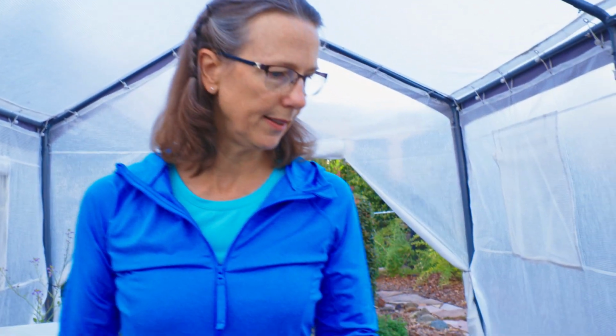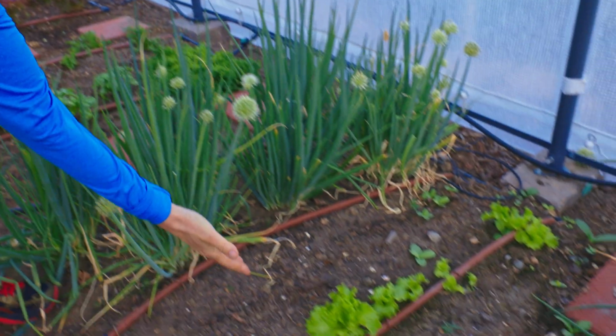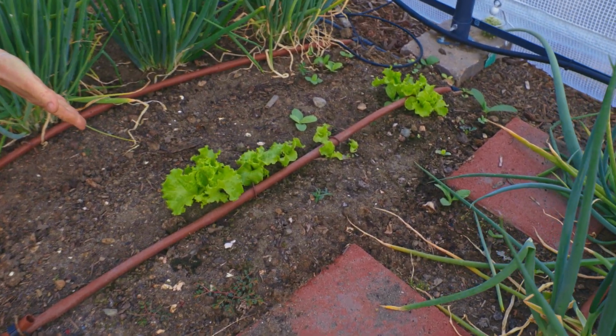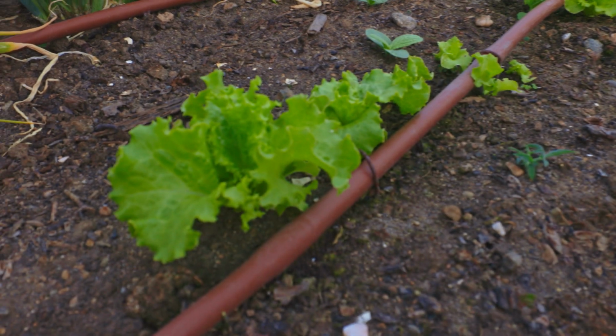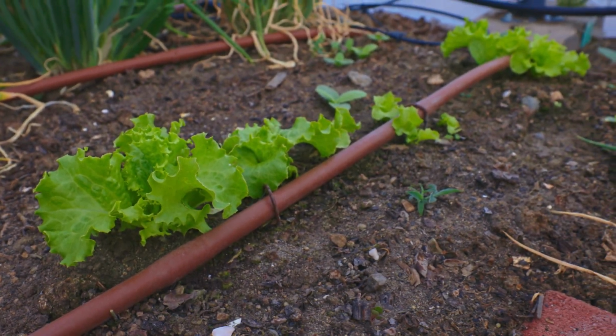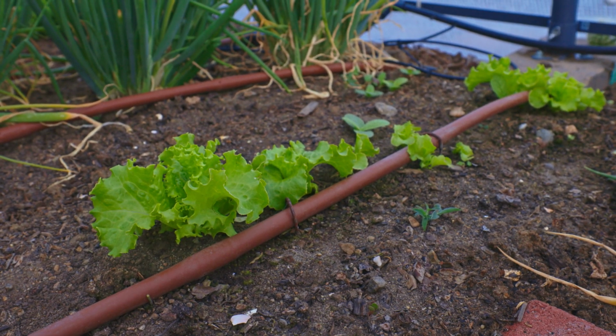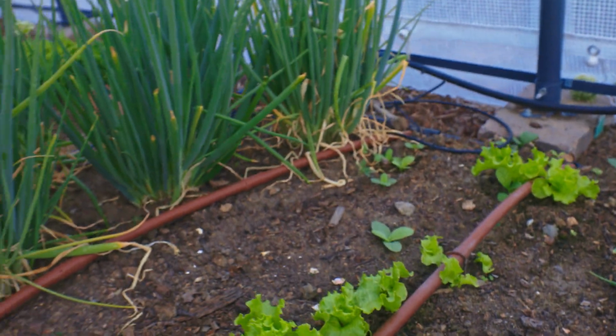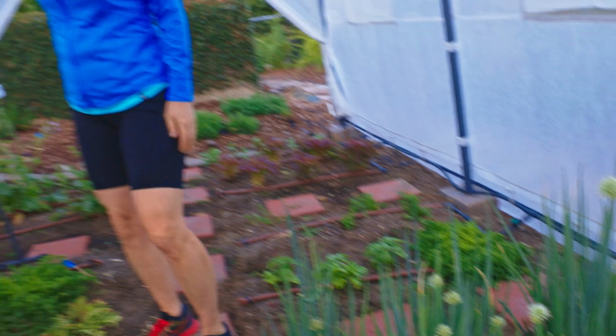On the other side, this is a planting of some green leaf lettuce that I put in. It's supposed to be very resistant to heat. So far it looks really good. I have not harvested it yet. This is part of our succession planting. As we move back into the garden, we've got